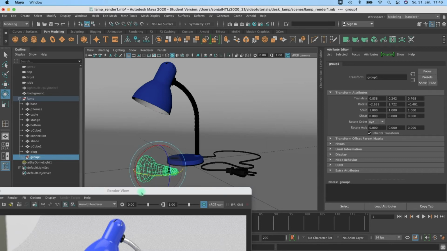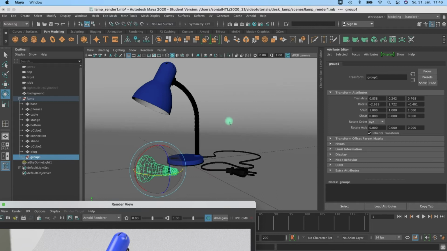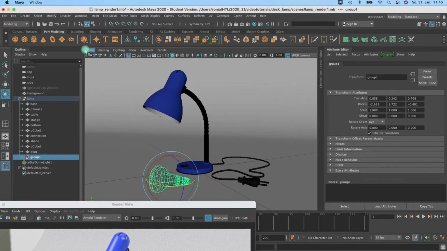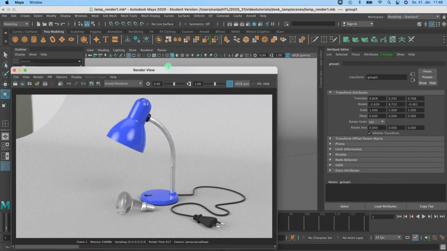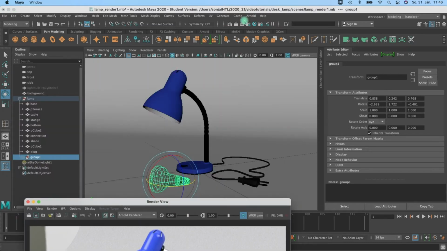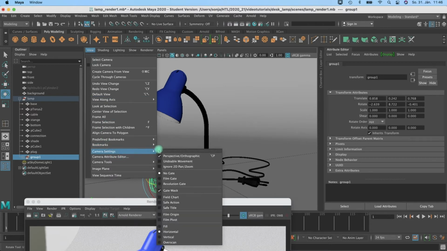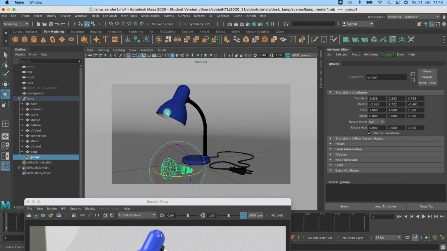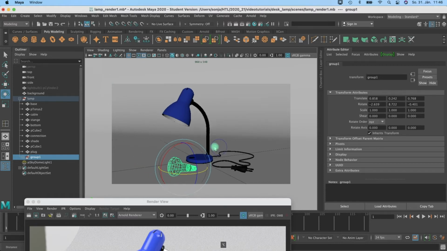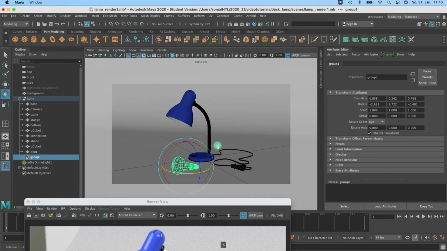And if you want to see which part is rendered, actually, you can go to View, Camera Settings, Resolution Gate. Then you see which part you see right away in the rendering, and it's easier to adjust your